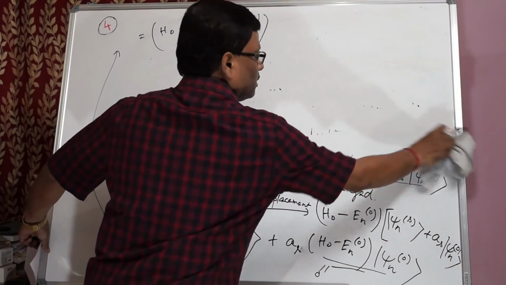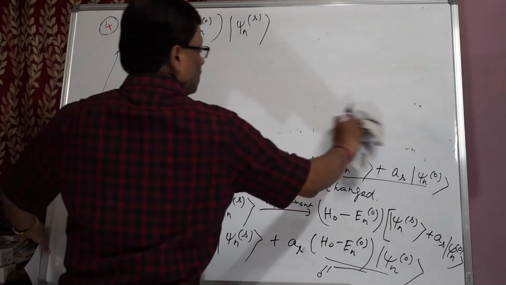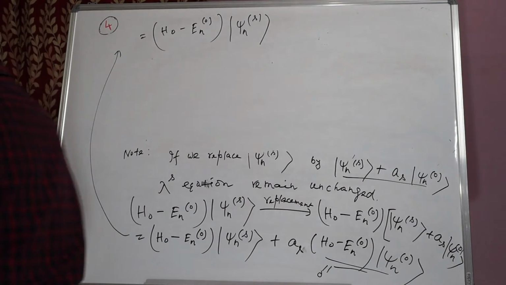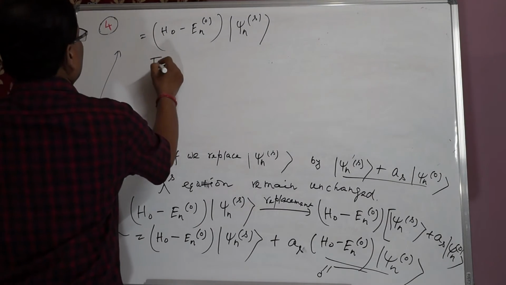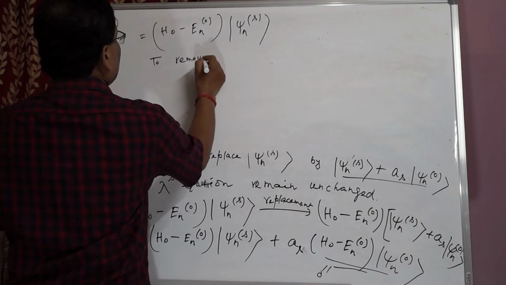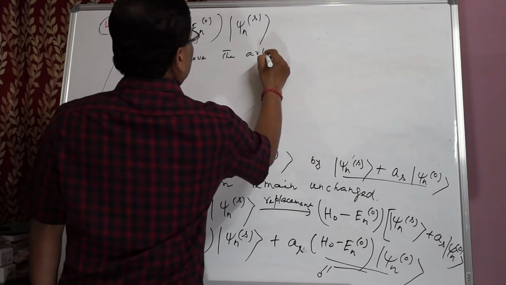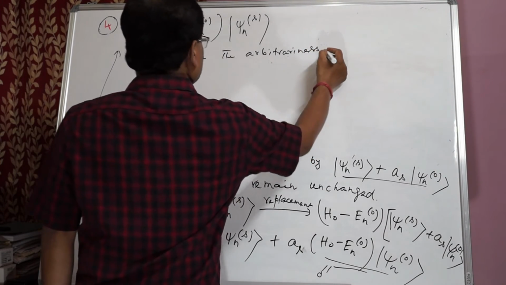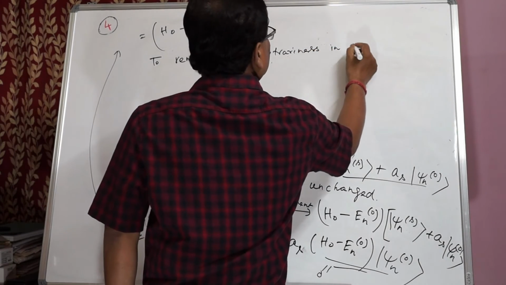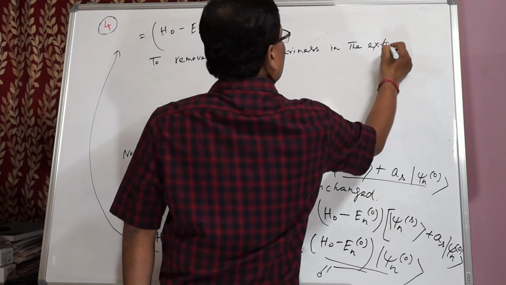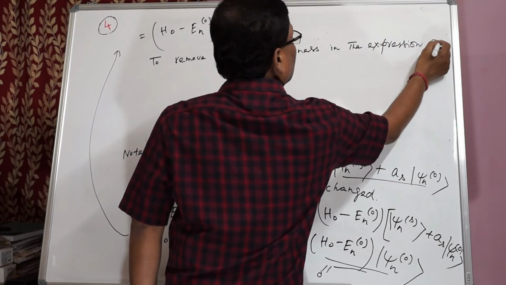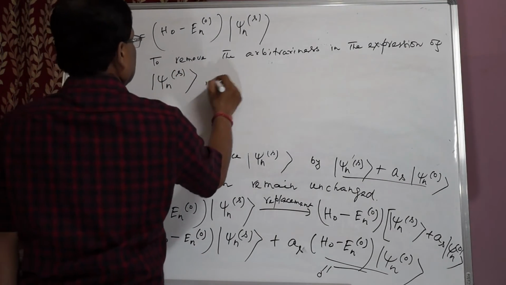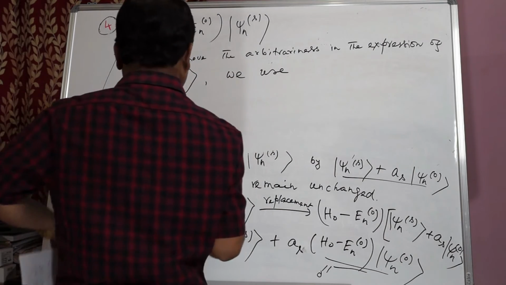Psi ns is the s order correction to the nth level wave function. So to remove the arbitrariness in the expressions of psi ns, we use